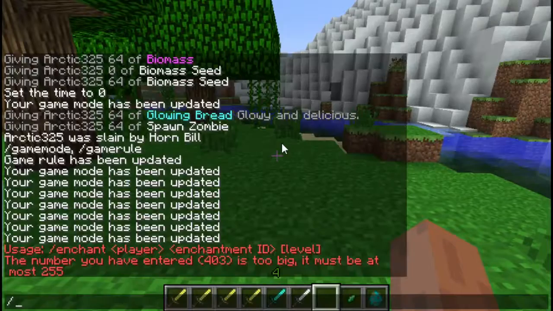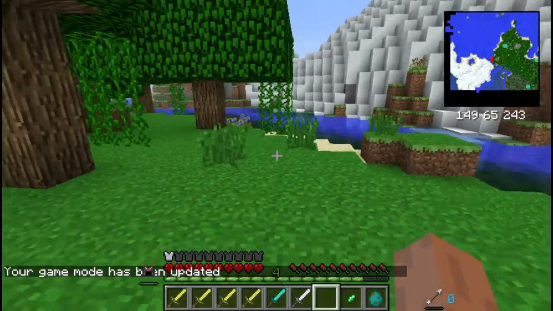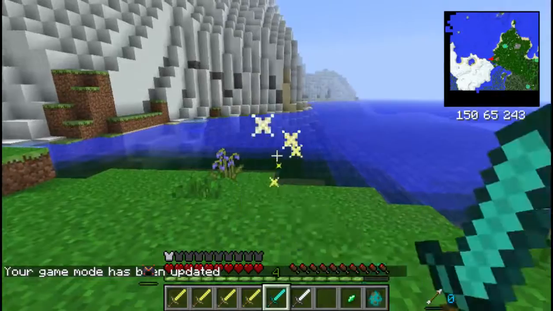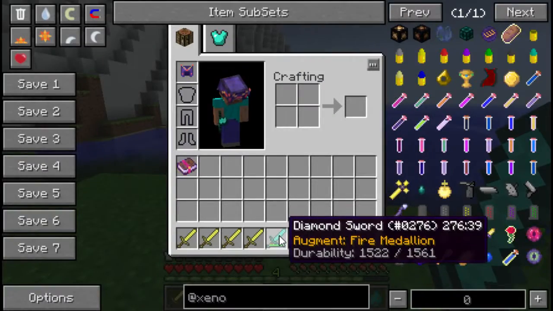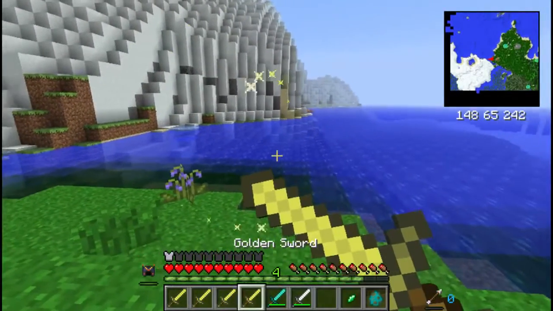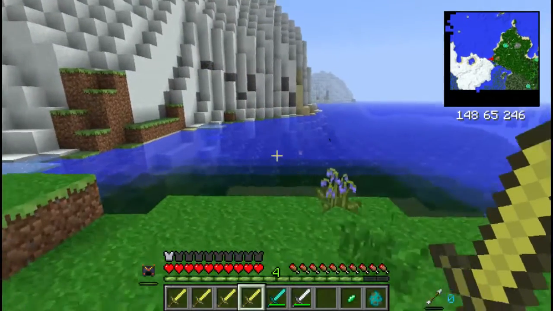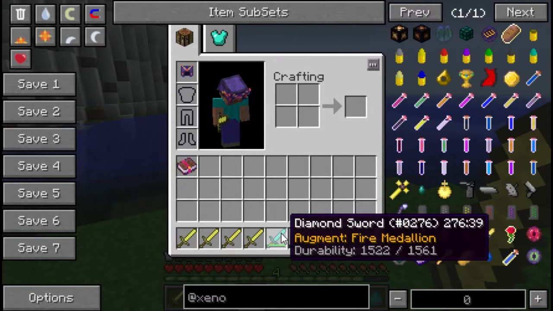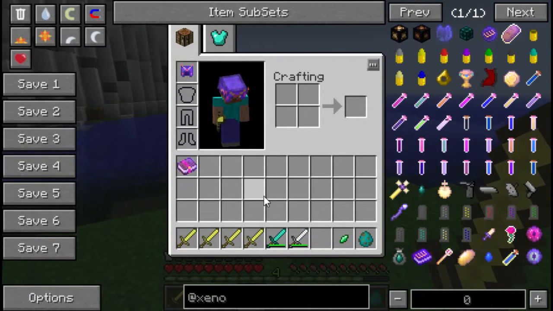And now a little test on durability. So being able to use these charge attacks is not without cost. You use it and it will use up durability of your weapon. And I'm going to show you a little something here. It takes off durability, but having a weapon with a lot of durability is not the key to using these medallions well. The key is that these medallions, whenever you use them, they will take away durability based on the